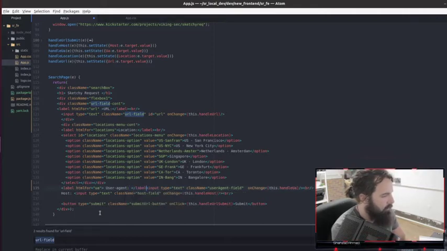Label. ID equals, what is it, UA? And same thing here.